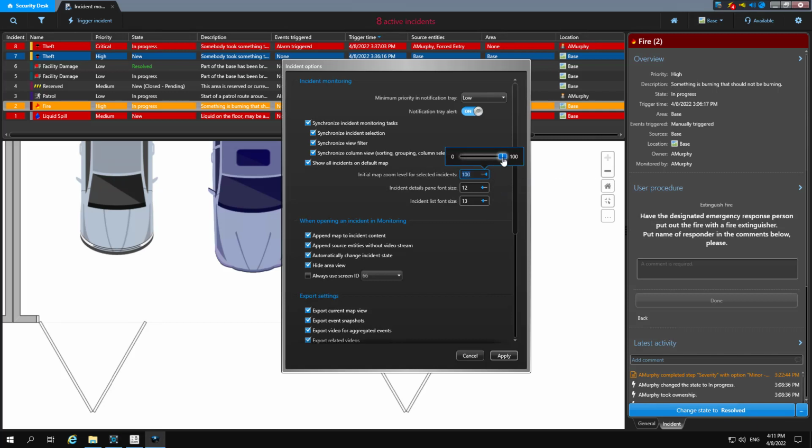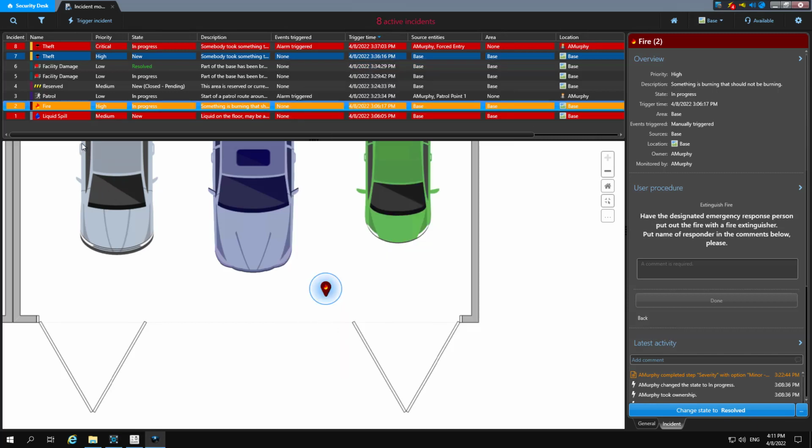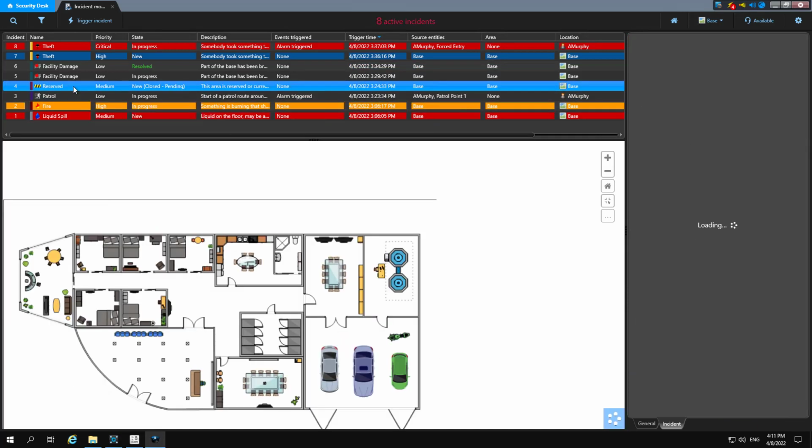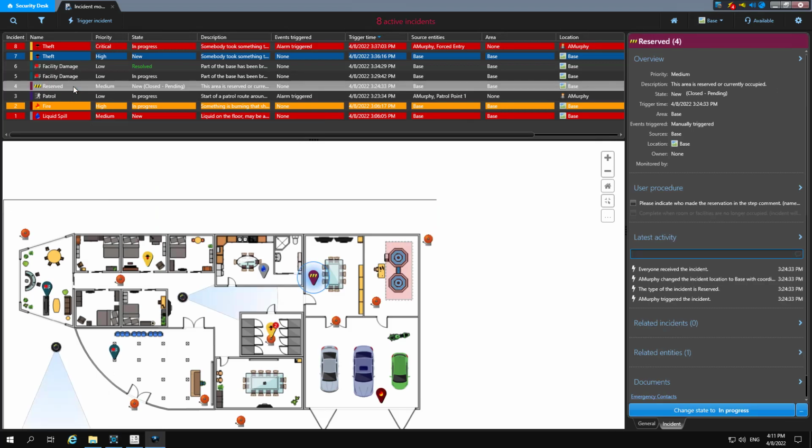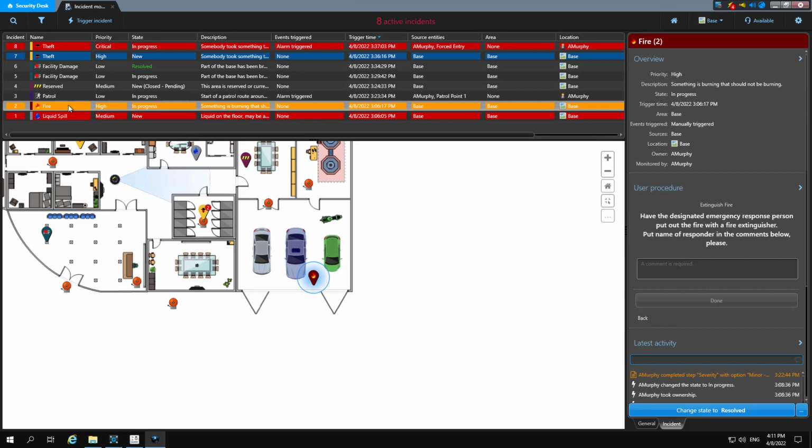By default, it's set to 100%, so it's completely zoomed in, but you can change this to a lower value if you want to have a better idea of what is located around the incident on the map. For example, if I change this to 50 or 50%, it will zoom in halfway, and I can see what other objects are around the incident on the map, like cameras or doors. If your map does not have a lot of zoom levels, making small changes to this value may not show any change when you select an incident. Just make larger changes to the value in this case.